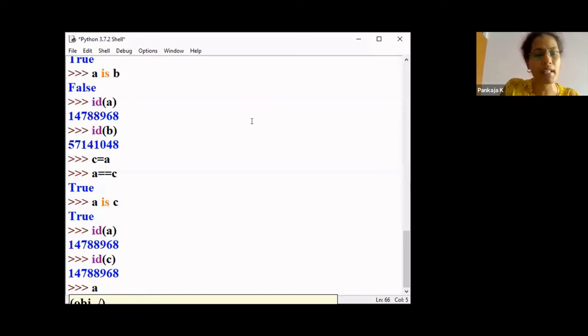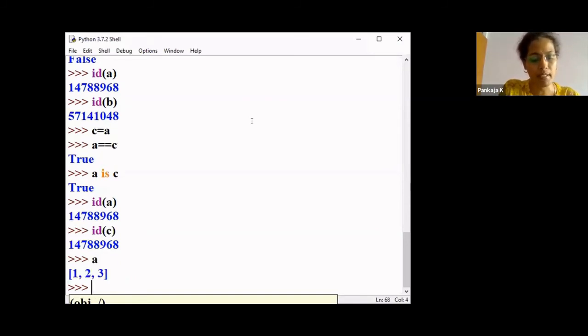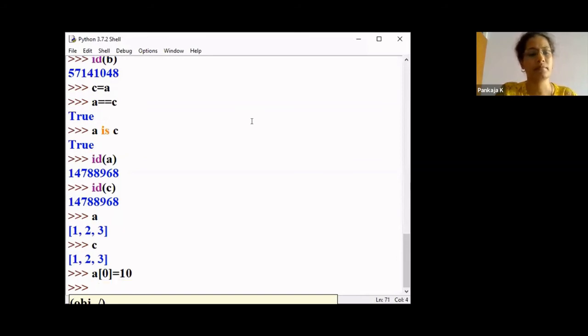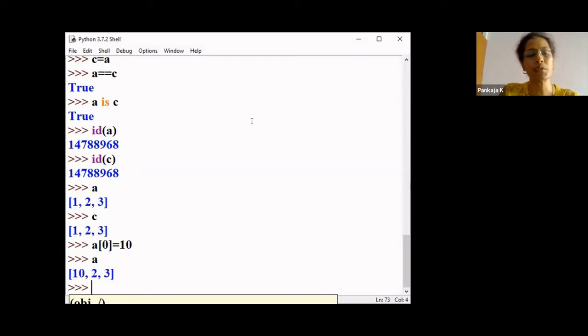So let us see with an example. Now we'll see what is A, and we know what is C, because C is an aliased object, right? Now I will change either A or C. If I say A of 0 equal to 10, now A will have 10, 2, 3.